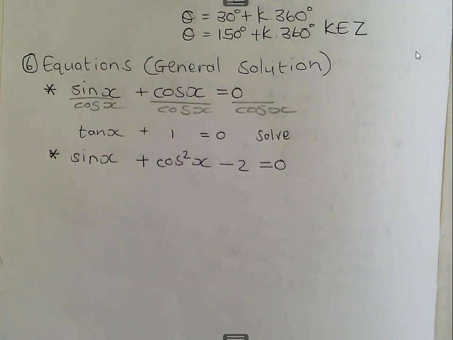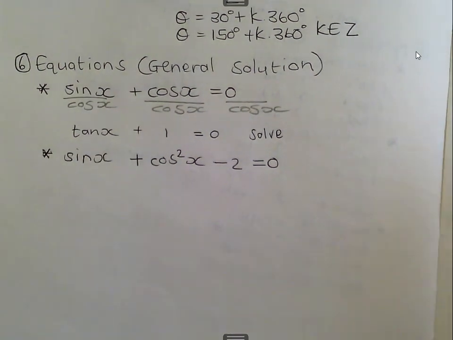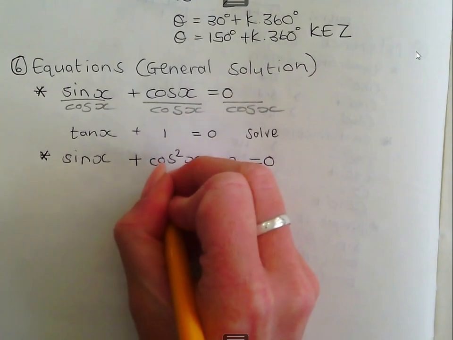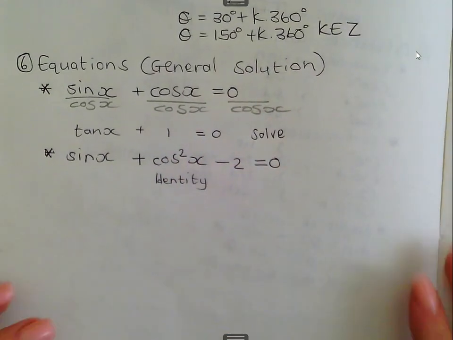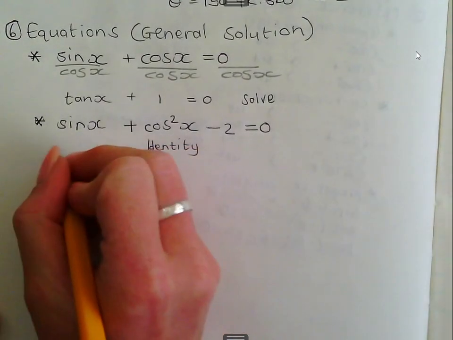When we factorized when it was x and y in algebra, the first one had to be x squared, then it was xy, and then the last one was y squared. So if that's the case, it's fine. Two squares, fine. But not one a square and the other not. You can't factorize it. So now we're going to use an identity, because we want to get the functions to be the same. And then it looks like this.